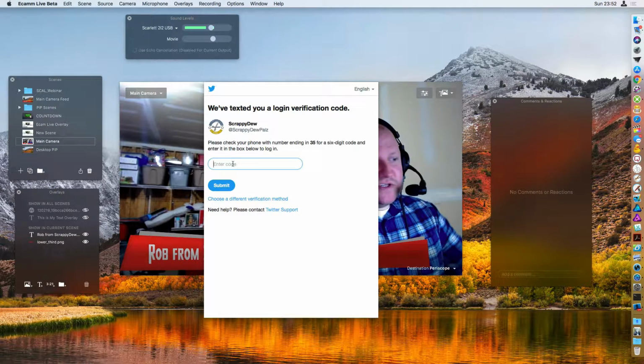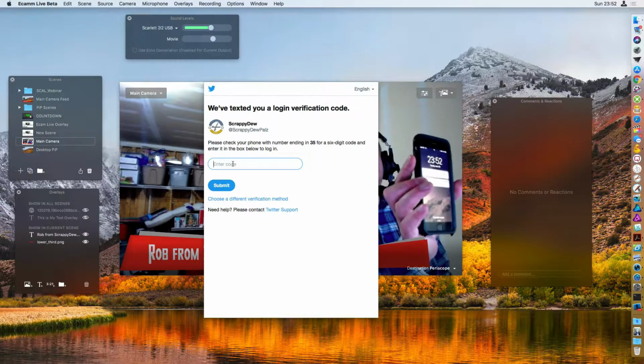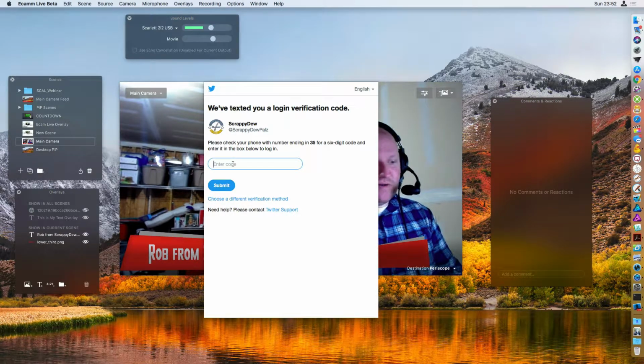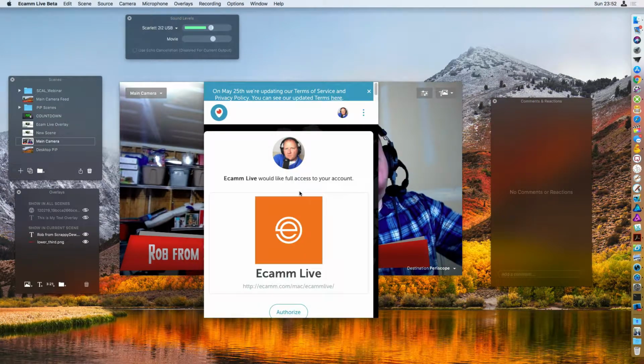Now, if you do have the security code set up, you're going to have to go to the phone that you set up with this, and type it in. I already got the code here on the phone, and I'm going to type that in right now. Let me do that. Okay. All right. So I'm going to click on submit,